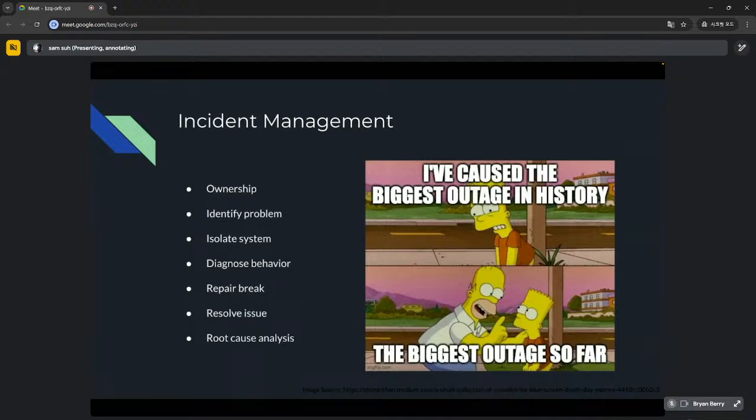And while you're doing that, once that's up and running, you can dive into what went wrong and try to identify what's happening and why it went bad so that it doesn't happen again. That's diagnosing behavior and then repairing it. Ideally, you can repair it, and typically that's either on the code side or a process side. So it could be on the CI side or the CD side, and then you can just fix it, hopefully. And then afterwards, you would do a root cause analysis or a postmortem to figure out what went wrong and how you can prevent it from happening.